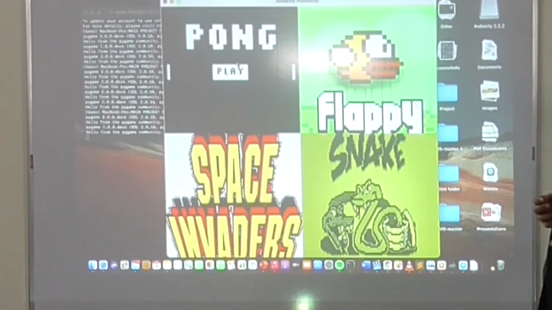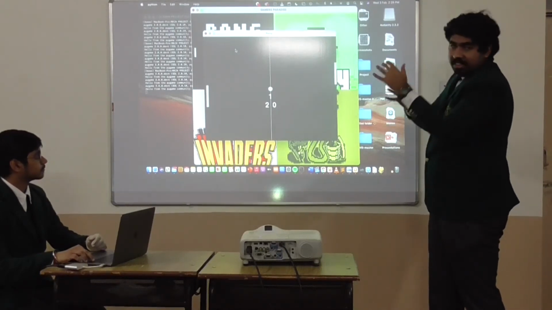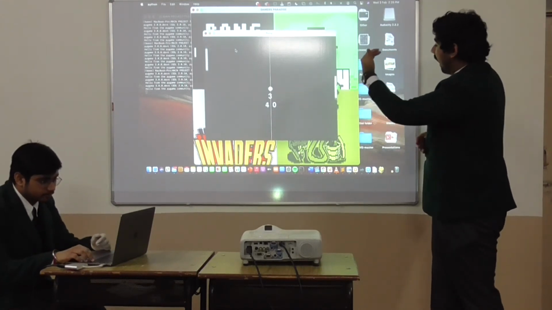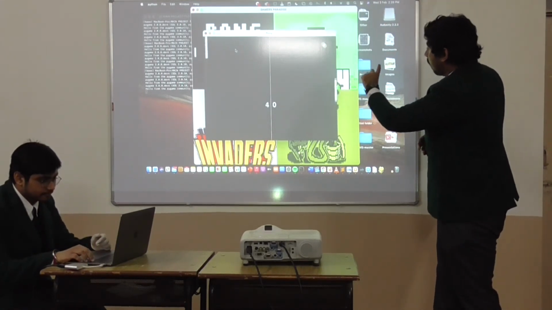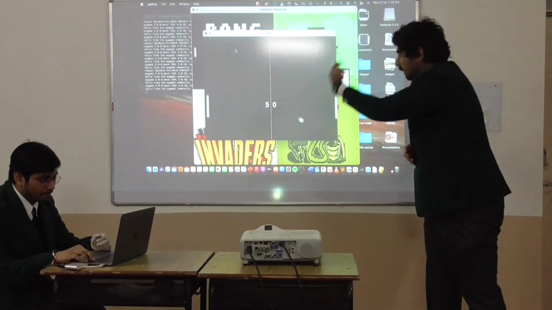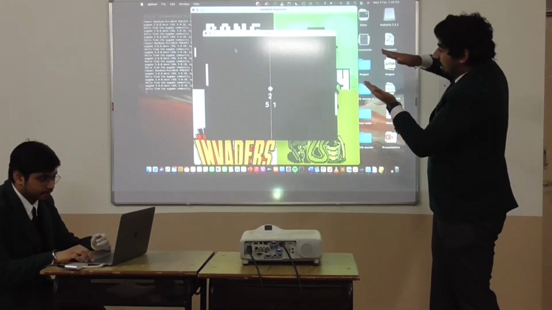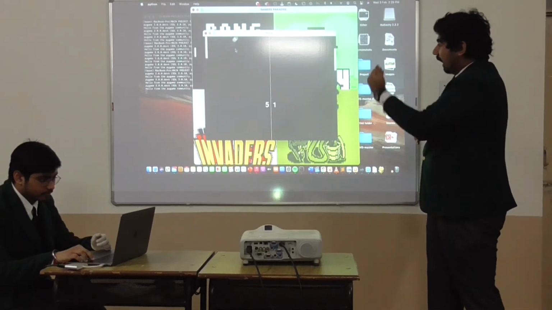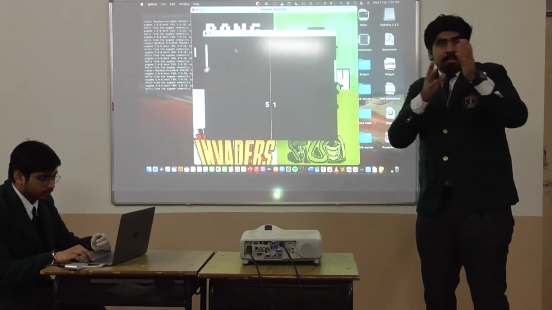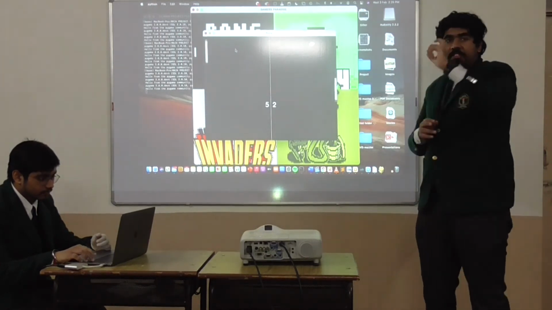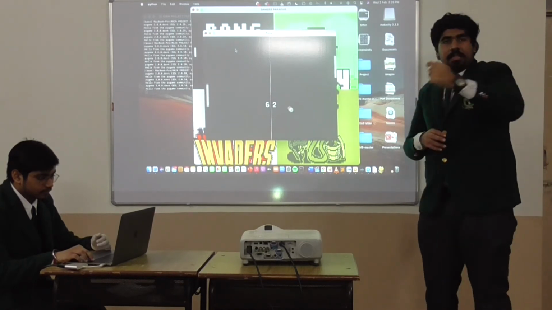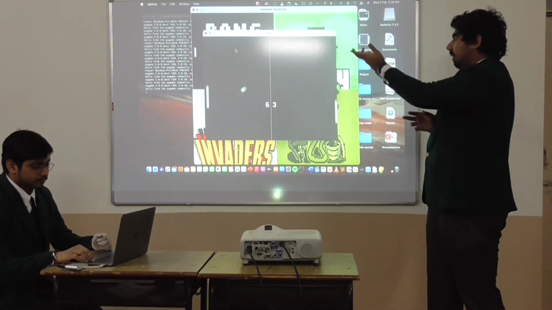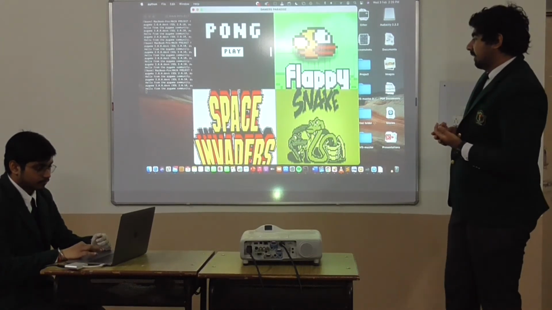is Pong. So this is Pong, which is like a virtual table tennis where the user on the right side has to control his pad using the arrow keys and direct the ball towards the computer, which does the same. The computer recognizes the position of the ball and adjusts itself accordingly so that it can hit the ball. But in order to make the game actually winnable for the user, we have programmed the computer to make certain mistakes so the user can win the game. Because if not, then it is impossible. The next game we have is Space Invader,